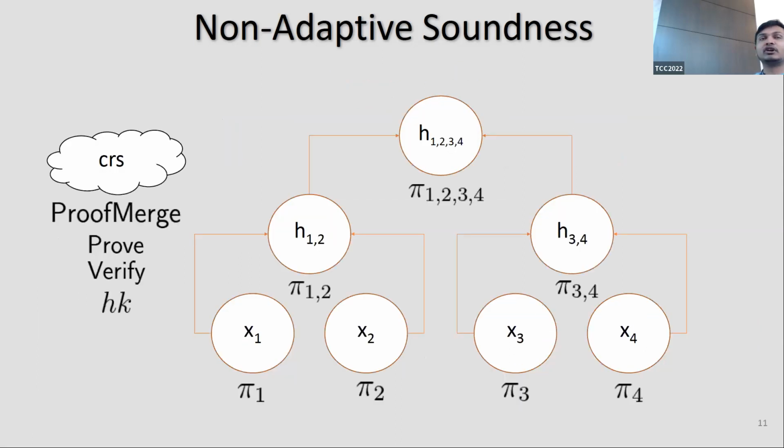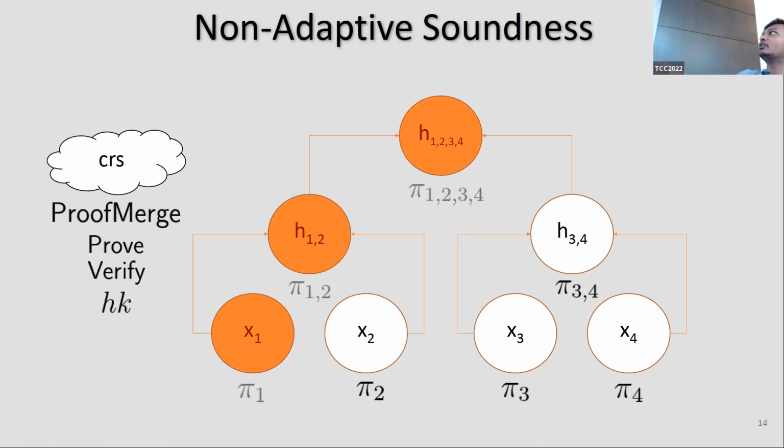A very high level view of our proof structure is then going to be, imagine X1 was the bad instance, and you change your proof program to output no proofs on statement X1. The main technical challenge, which I will refer to the paper, is how to move these proofs tree by tree, in a structure where there's no proof for this hash statement H1,2, then there's no proof for this hash statement H1,2,3,4. Once you move all the proofs up, the verifier will always reject on this challenge statement.